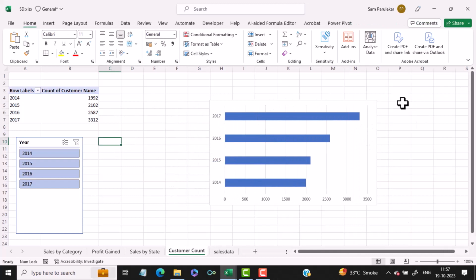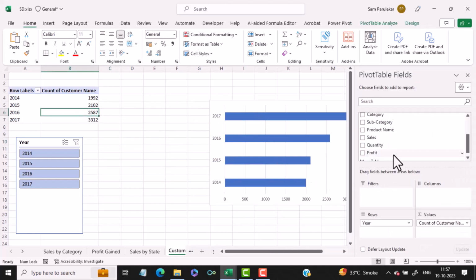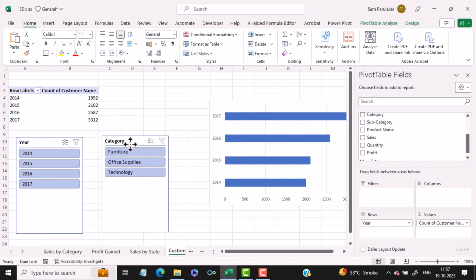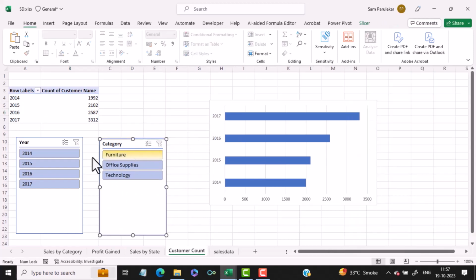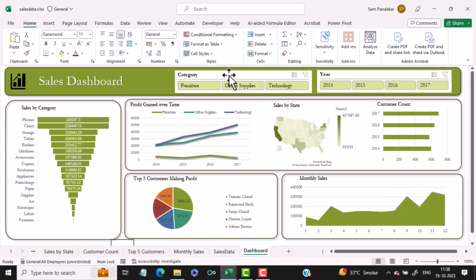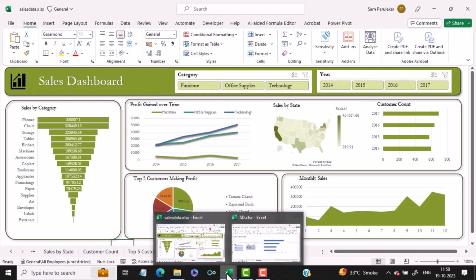Okay, and then click here and right click on category and add a slicer. So you have the slicer for category and slicer for year. So slicer for category and slicer for year is done. Now last two graphs, top 5 customers making the profit. So again we come back to our data,